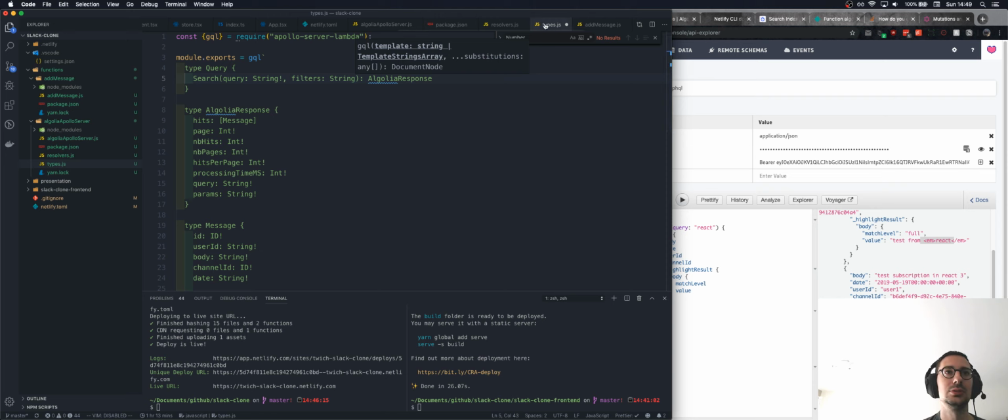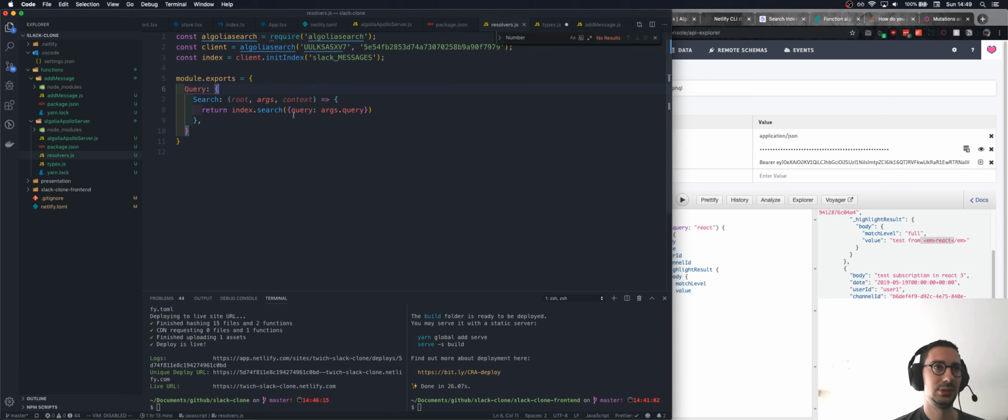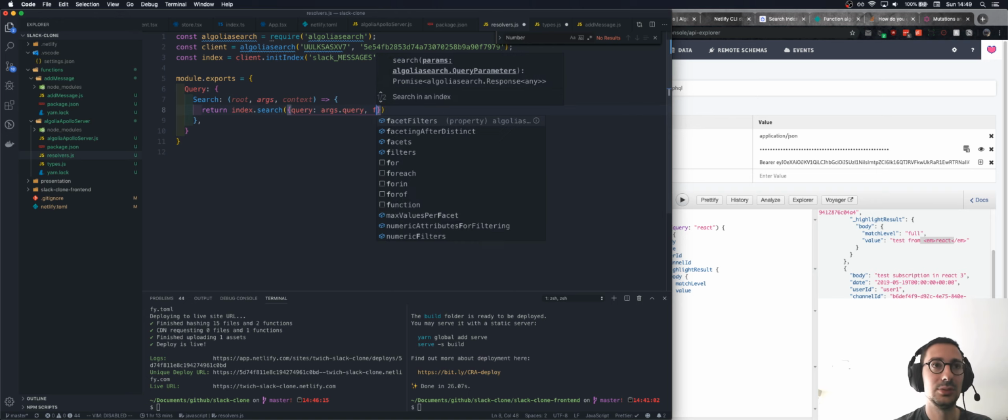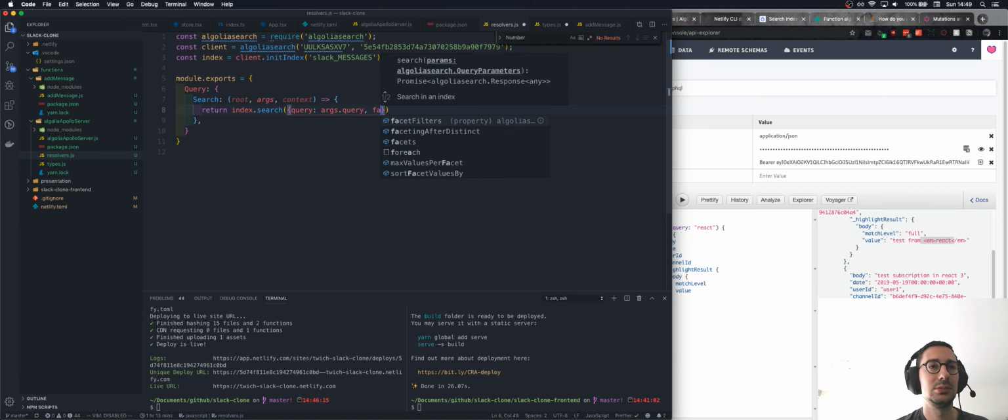So if we go to the resolvers, then we can do facets. I think this, and